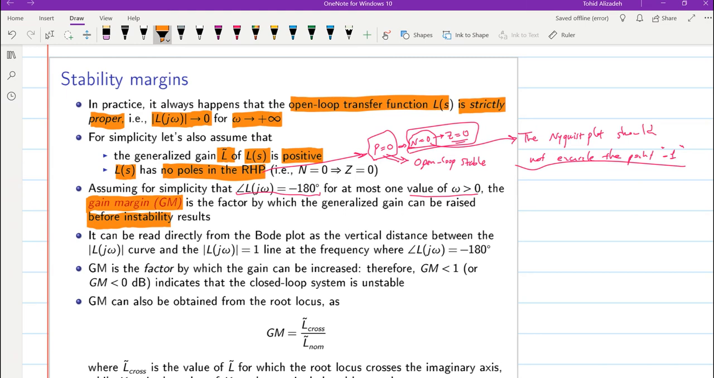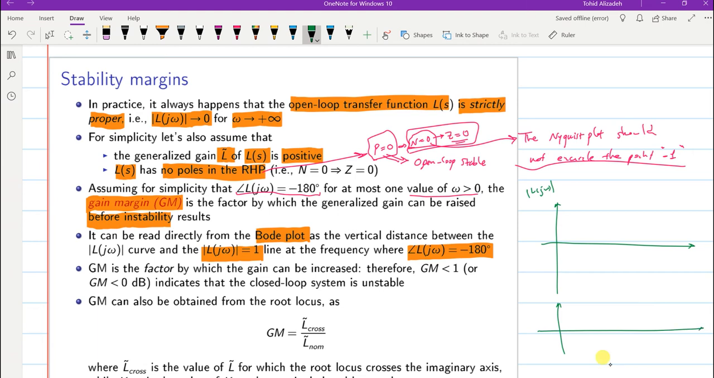We can read the value for the gain margin directly from the Bode plot, and it will be the distance between the amplitude of L curve and the amplitude of L(jω) being equal to 1 line at the frequency where the phase becomes equal to -180 degrees. So basically, in the amplitude plot that we have for L(jω), we will check the frequency at which the phase of L(jω) becomes